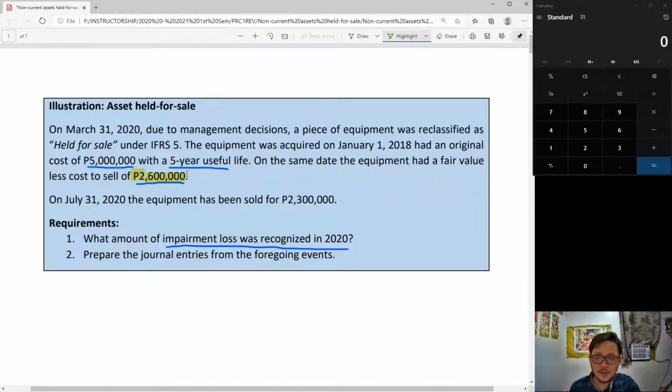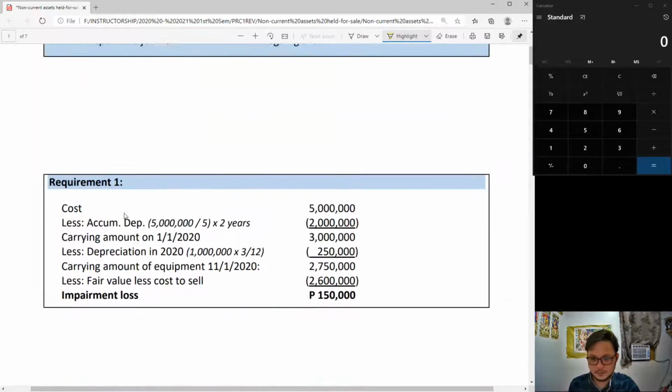We compare 2,600,000 with the carrying amount of this equipment. And since it's a PPE item, we're going to find out kung ano ang depreciated amount niya kasi itong 5 million na to, that is the original cost. So here's your solution. So for requirement 1, impairment loss, your computation goes this way. Step 1, compute carrying amount, and it is cost of 5 million,